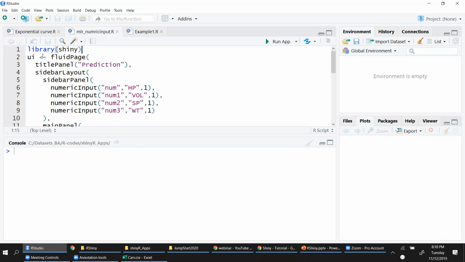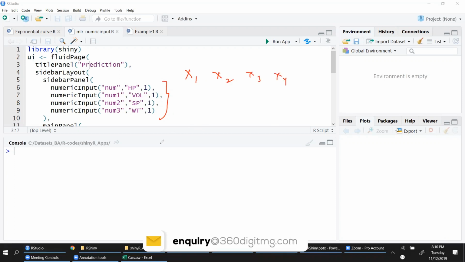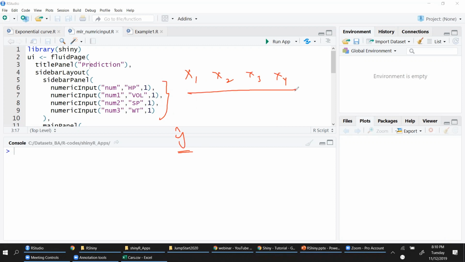And then write the user interface code where I would be passing these 4 feature inputs into the equation. So I would get a mathematical equation which will help me predict mileage. But if I have to predict the mileage, I need to know what are these 4 features for a new vehicle, new car, right?